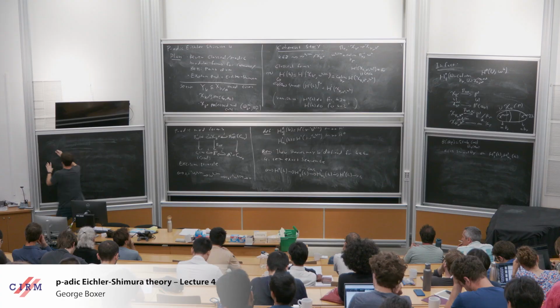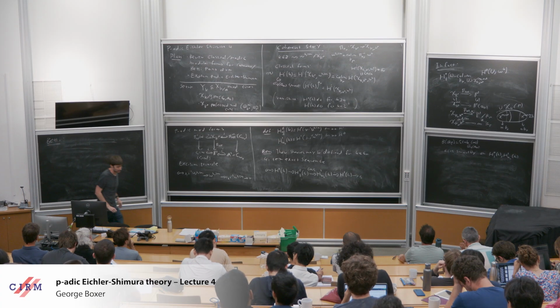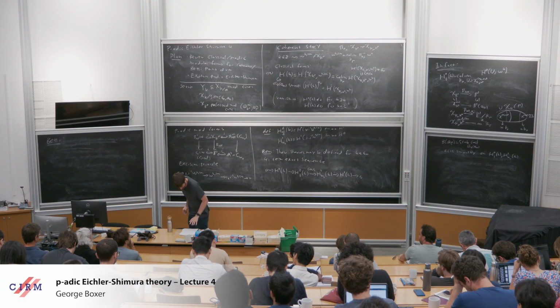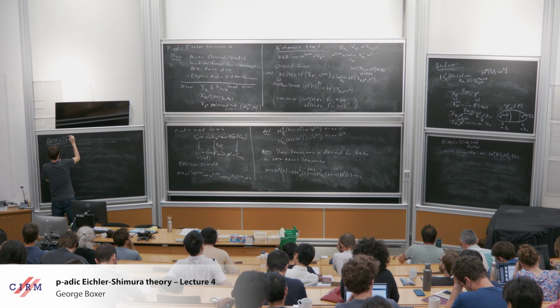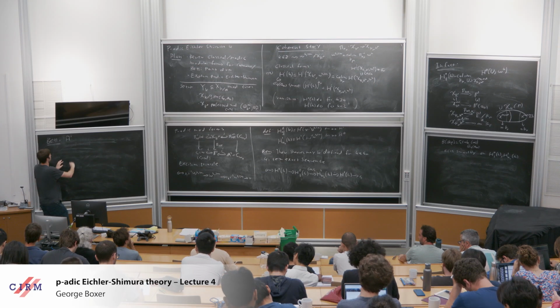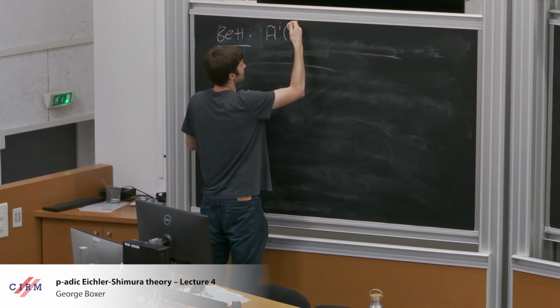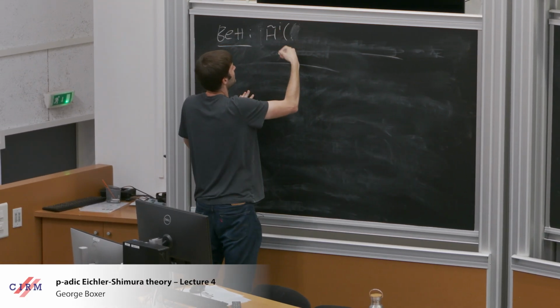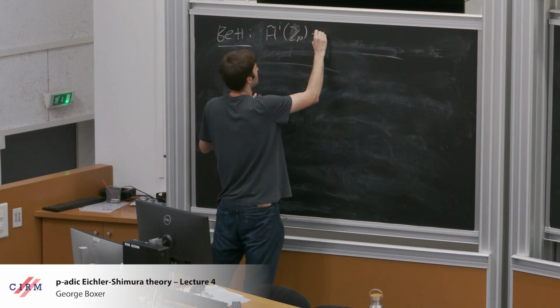Okay, so I want to now move to the Betti side. And so I'll try to be brief because I already talked a lot about this, but I also realized when preparing this talk that there were some things I should have said. But anyways, let me just mention the setup. So we're considering the completed cohomology, and maybe I'm going to even stop writing the K_p, so I'll just write the coefficients. And so this completed cohomology is,